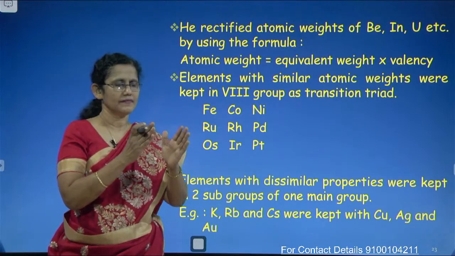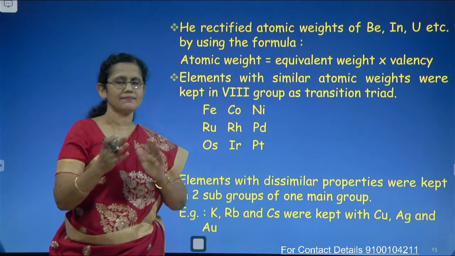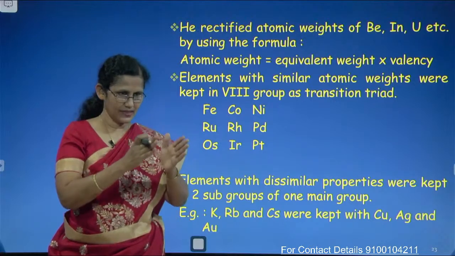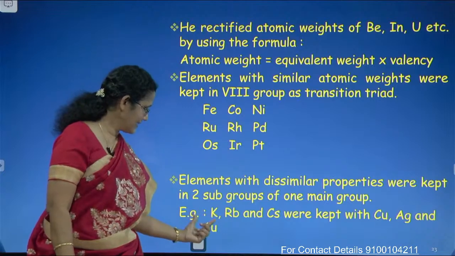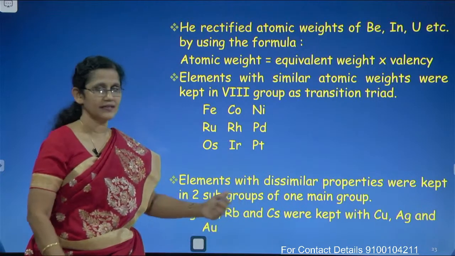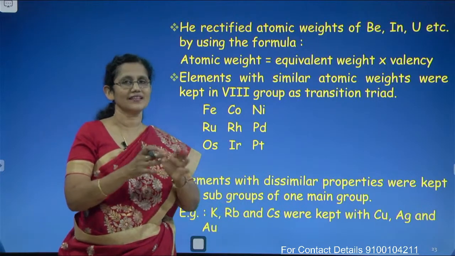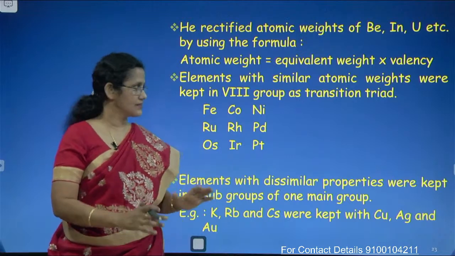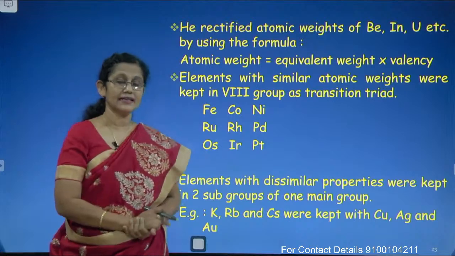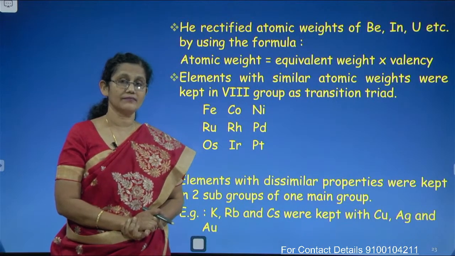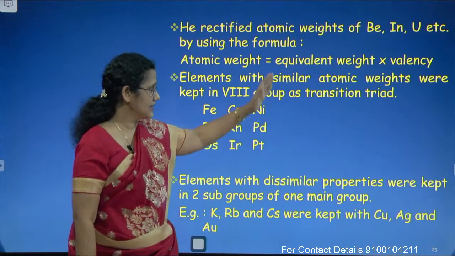So, each group except 8th group is subdivided into A and B. So, he placed elements with dissimilar properties together, right. So, these are some main features, and one more point to remember, he rectified atomic weights of certain elements like